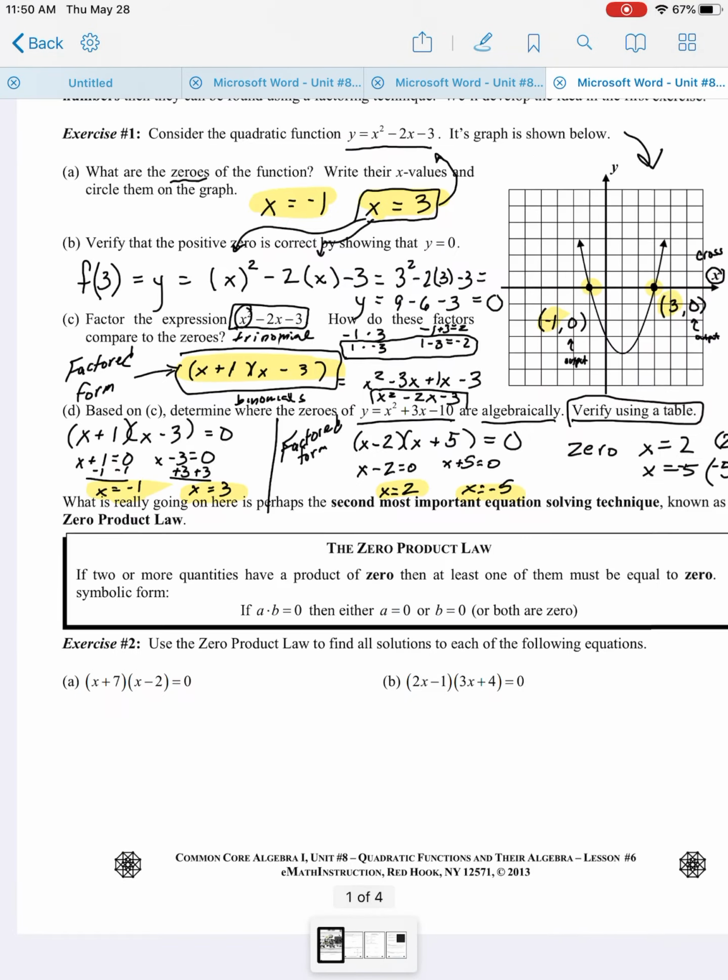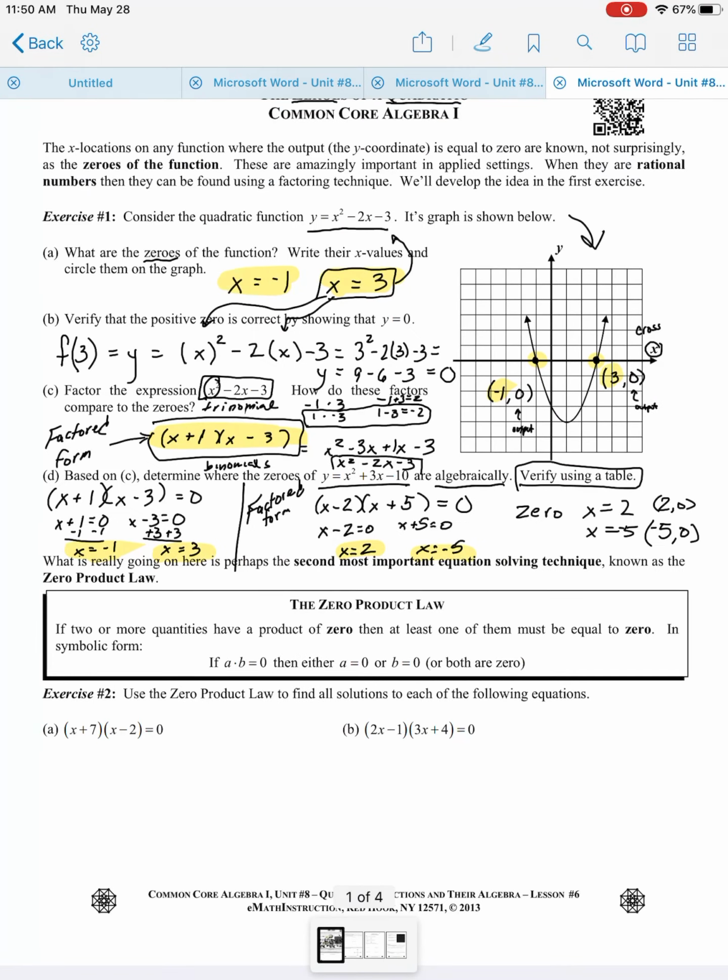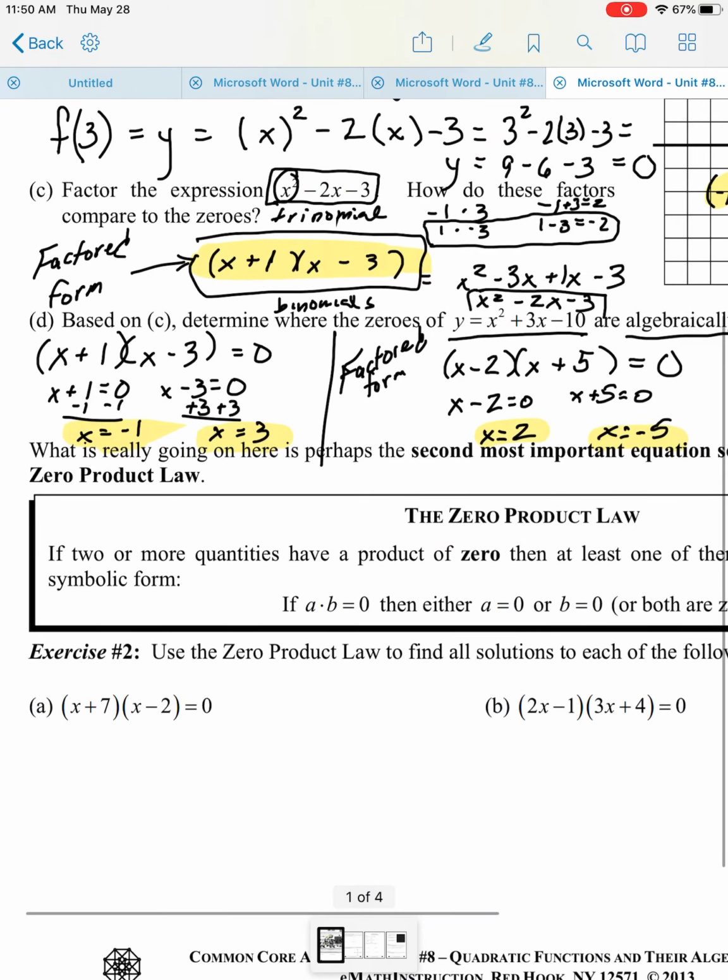So, as we move down into the notes, yesterday we looked at where zeros fall on a graph and how to connect that idea with the idea of factoring trinomials and then solving for zeros. Today will be a little bit of the same, and if we go right down to exercise number 2